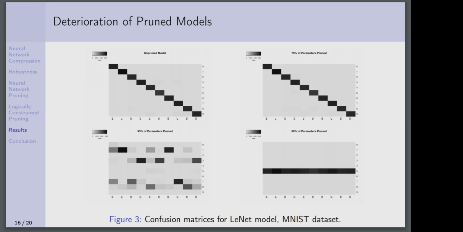So it shows that when you get past a certain level of pruning, certain classes in the network are now inaccessible. And if we take it to the extreme case, you see that for 99% of parameters pruned, only the class 5 is actually being output by the network. So no matter what you input into the network, it's always going to classify it as a 5. So we want to take this and then measure, for different levels of pruning, what is the percentage of class